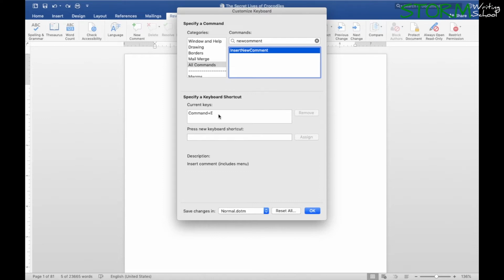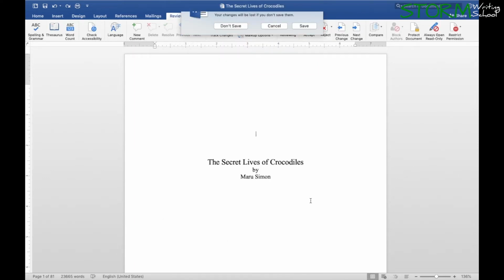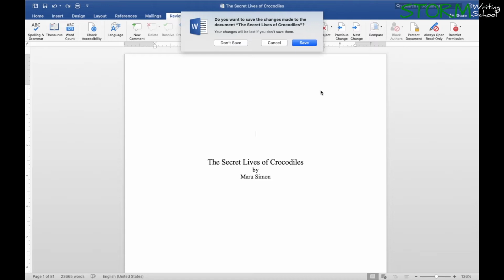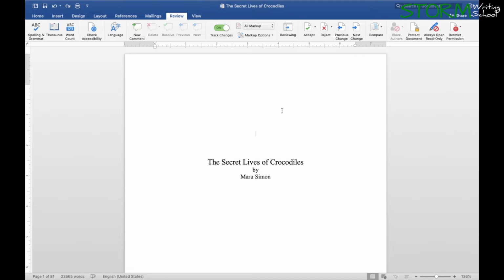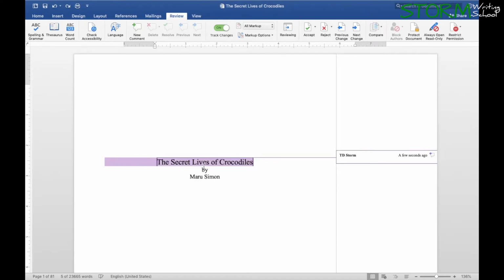One word of caution if you do that is it's right next to Command W, which is close document. If you accidentally do that, luckily this prompt comes up and asks you if you're sure you want to close it. I do mistype Command W for Command E about once every 300 or 400 pages. So that's something you might be aware of, but you can choose your own shortcuts for these things. And then I can just write my comment there without clicking on anything. It saves a lot of time over the course of several pages.